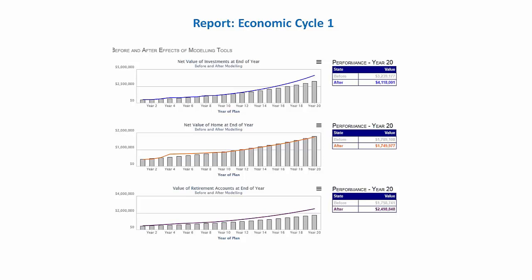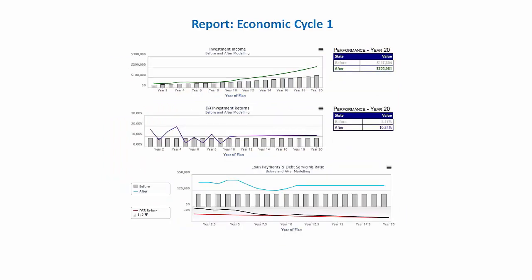On this page, the results are displayed for net value of assets, net value of home, and value of retirement account. The remaining graphs are change in investment income, investment returns, loan payments, and changes in the debt servicing ratio. This format is used for all modelling tool reports except the one showing the 4 economic cycles overlaid on one